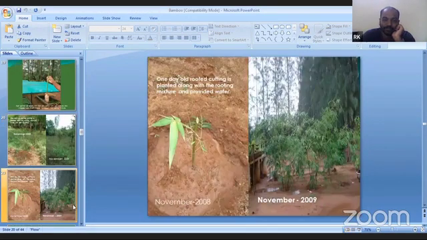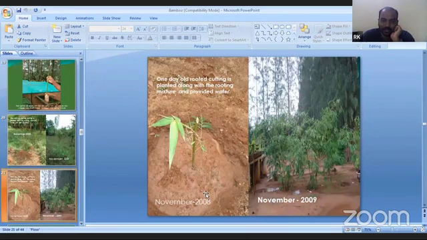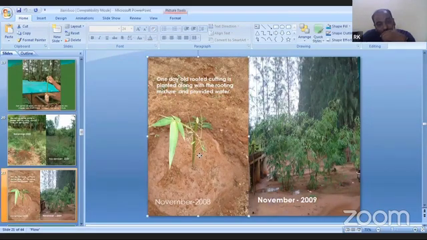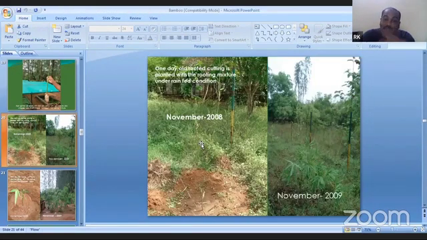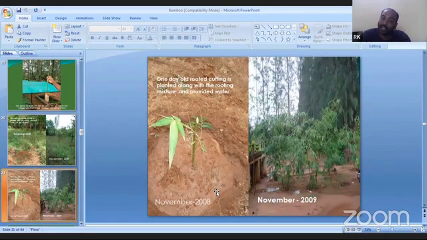Then you see these pictures. This is the second picture, November 2018, and November 2019. What is the difference between these two? The 1 day old rooted cutting planted along with root mixture and providing water. This is without water, only rainfed. When it rains, water will be coming like that. So without irrigation, with irrigation. That's all. So with the irrigation,